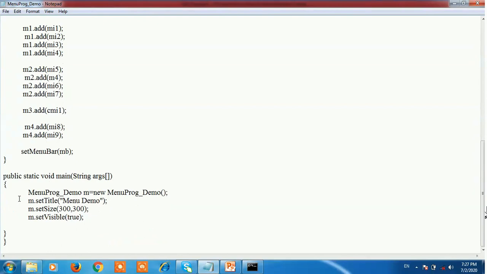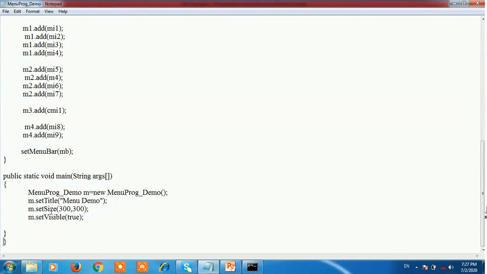After that, in the main method, create an object of the class, that is MenuProgDemo m is equal to new MenuProgDemo. In that we use the setTitle method, m1.setTitle("Menu Demo"). The setTitle method is used to set the title of the frame.